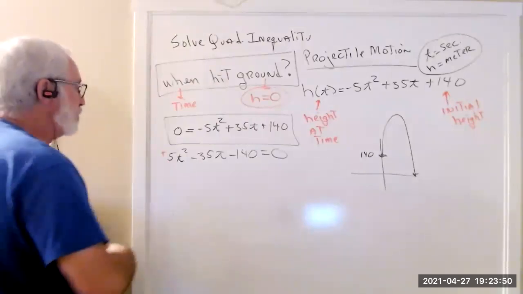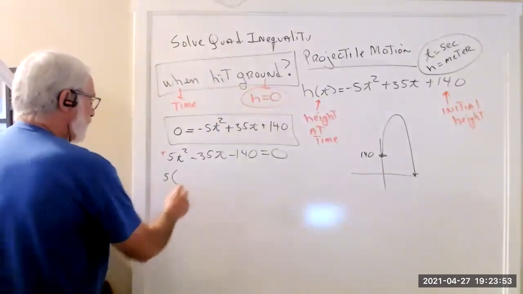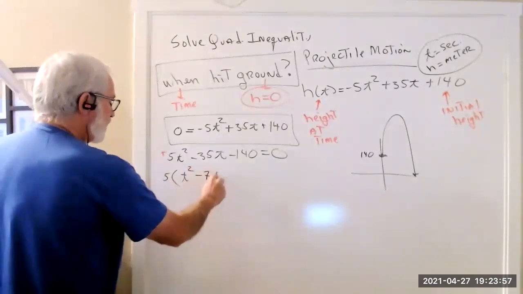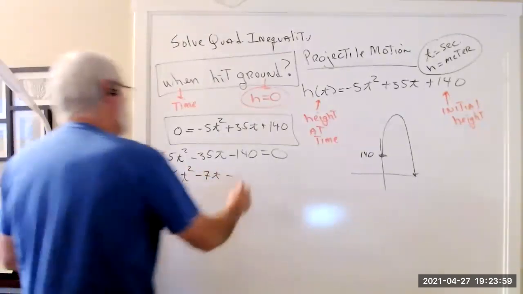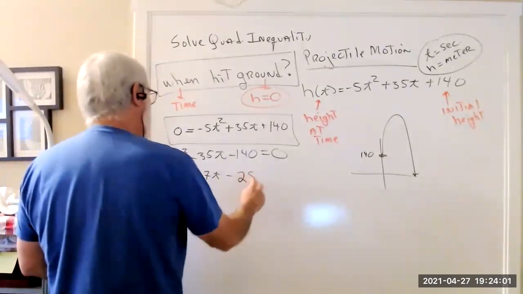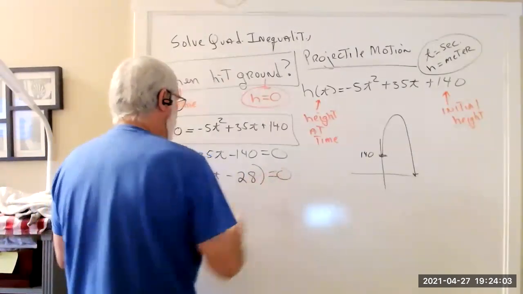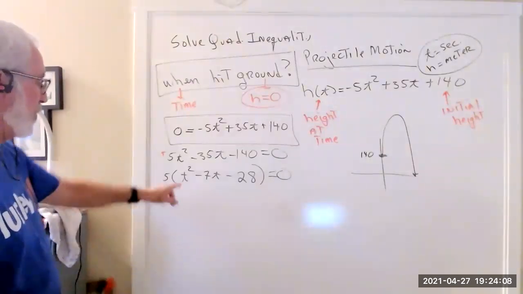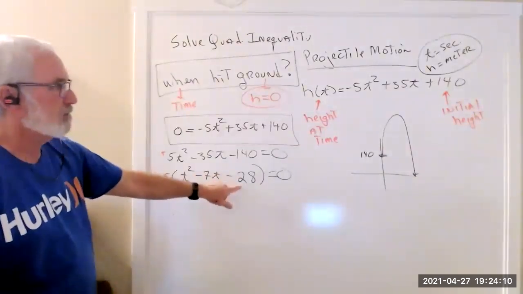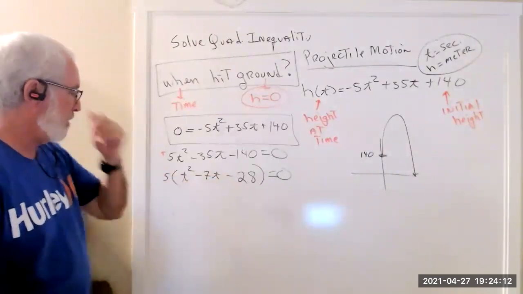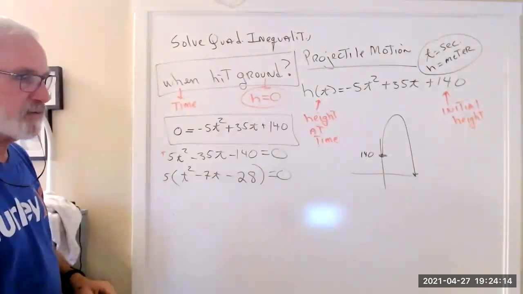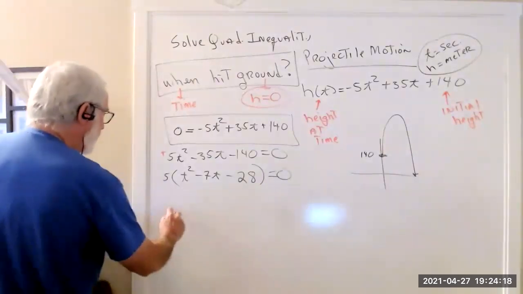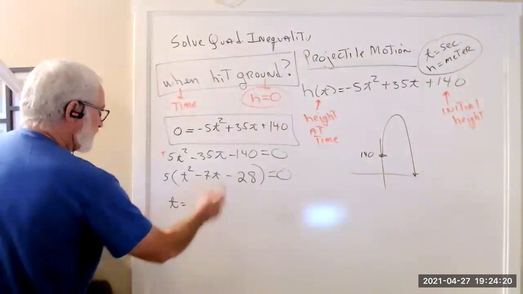The next thing I personally would have done was factor out the 5, leaving this as t squared minus 7t minus 28 equals 0. Okay, t squared minus 7t minus 28. I'm going to guess that it doesn't factor. So you pop everybody into your calculator. T, not x, but t equals